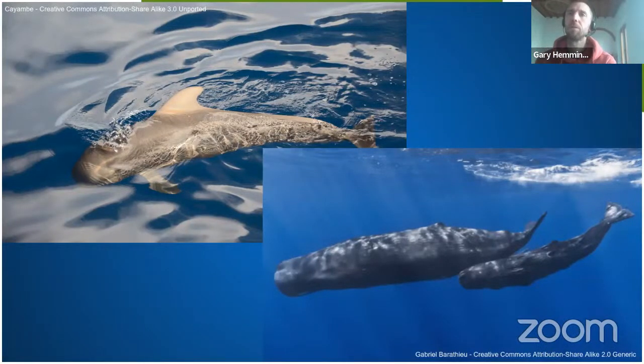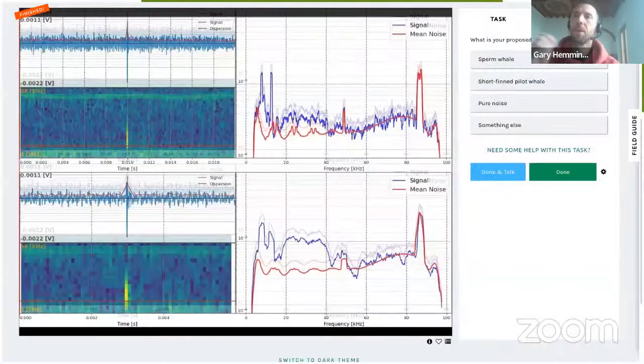In addition, around the detectors we have hydrophones, so there's underwater microphones, and volunteers are also tasked with helping us to better understand the local environment. So we have marine biologists who are involved in the research team as well, and volunteers are asked to look at and to listen to the signals as they're provided, and to help us to understand whether those signals are coming from a sperm whale or short fin pilot whale, or etc., in order to help us better understand the local environment at the bottom of the sea